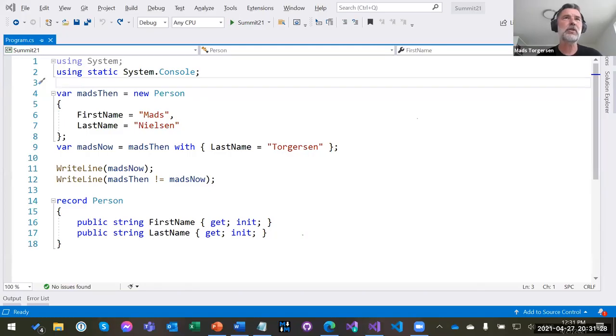Or more little features. This is not exhaustive of what's going into C# 10, but those are also some interesting little ones. And then I want to show a big feature that is not going into C# 10 as an RTM feature, but we're going to ship it as a prototype alongside C# 10 because it's big enough that we want to get it out and try it out and get some feedback on it before we commit to the design of it. But I'll take that one at the end.